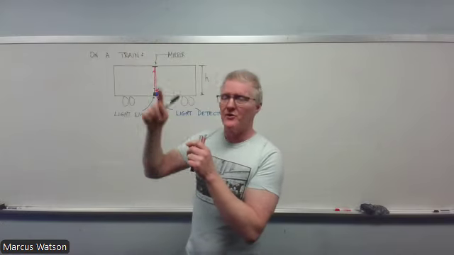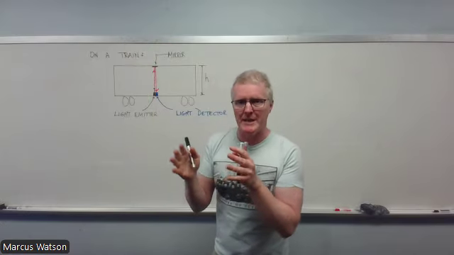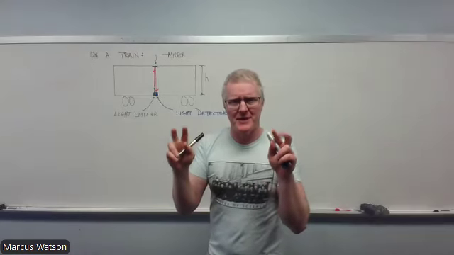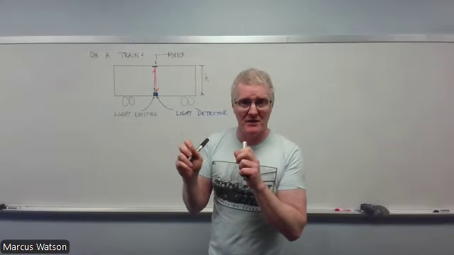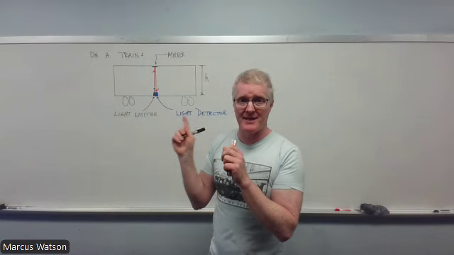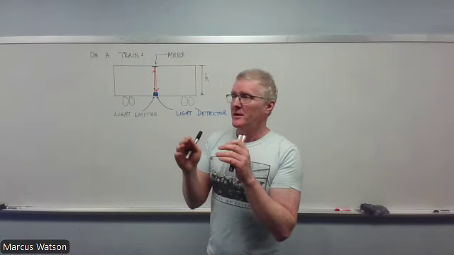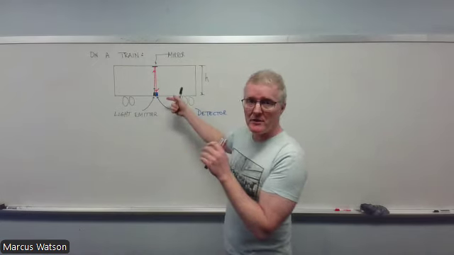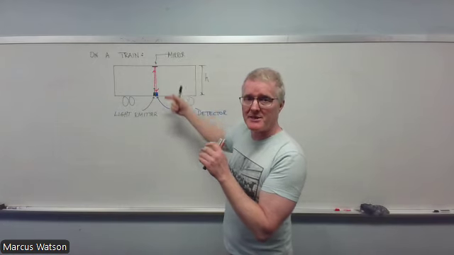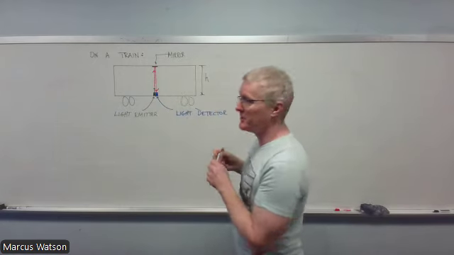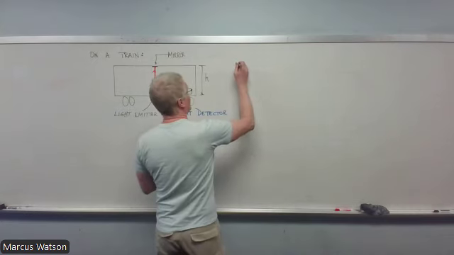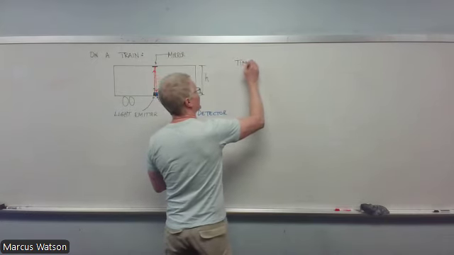So it goes again. So the time between, if you like to think of it as ticks of the clock, which is the light getting detected by the light detector, is equal to the time that the light takes to go up and down the height of the train twice. So the time between clock ticks